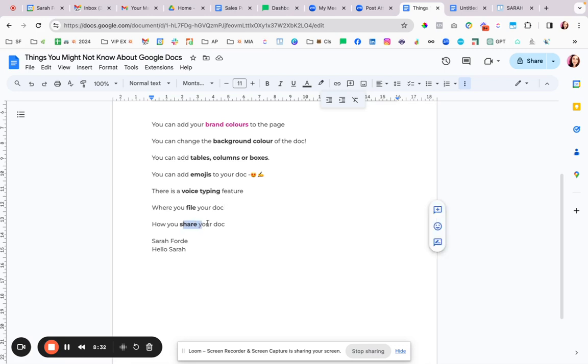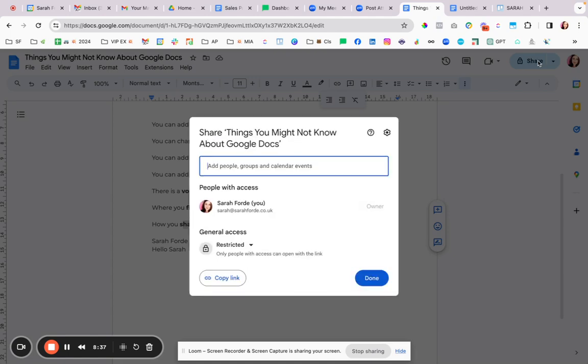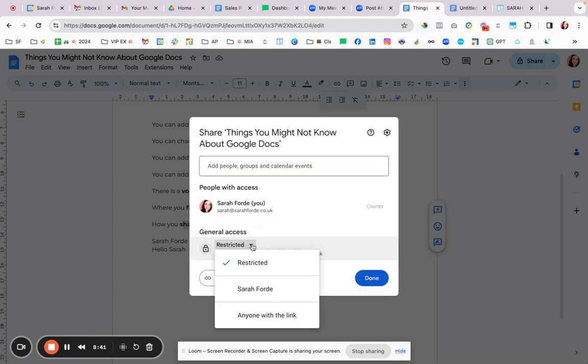And sharing your doc. What you do here is you share the doc by clicking that top right hand button. At the moment it's restricted. Now what you can do here is you can choose to have anyone with a link,